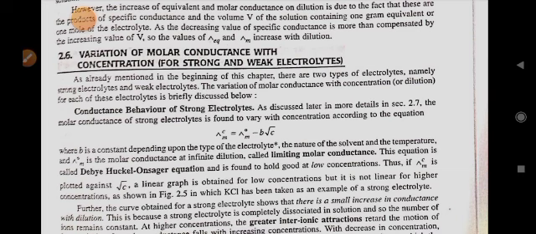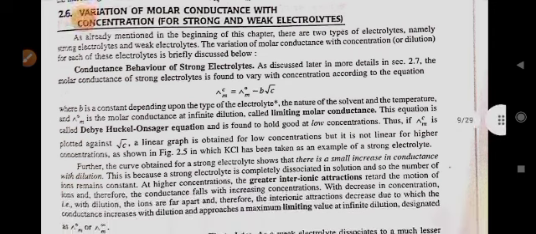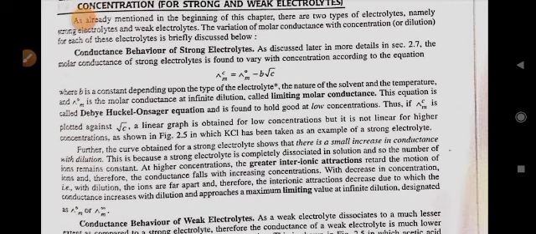Conductance behavior of strong electrolytes. As discussed later in more detail in section 2.7, the molar conductance of a strong electrolyte is found to vary with concentration according to the equation lambda C M equals lambda naught M minus b under root c, where b is a constant depending upon the type of the electrolyte, the nature of the solvent, and the temperature, and lambda naught M is the molar conductance at infinite dilution, called limiting molar conductance. This equation is called the Debye-Huckel-Onsager equation and is found to hold good at low concentrations. Thus,